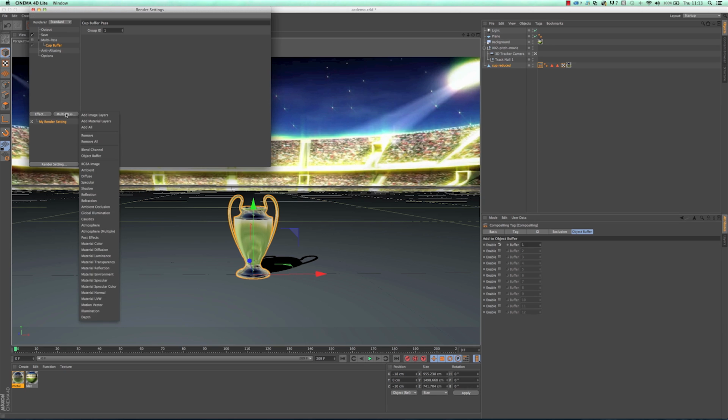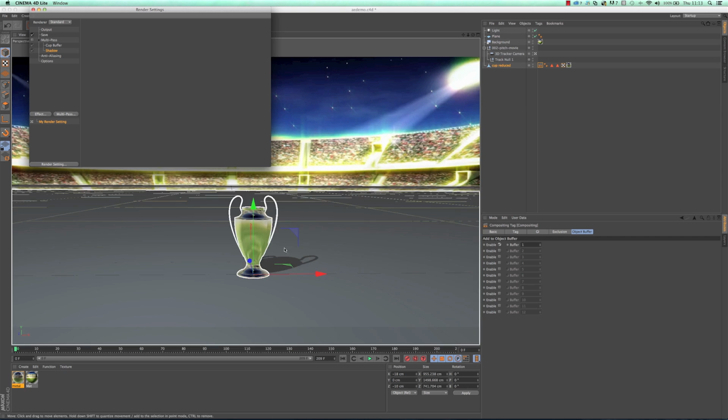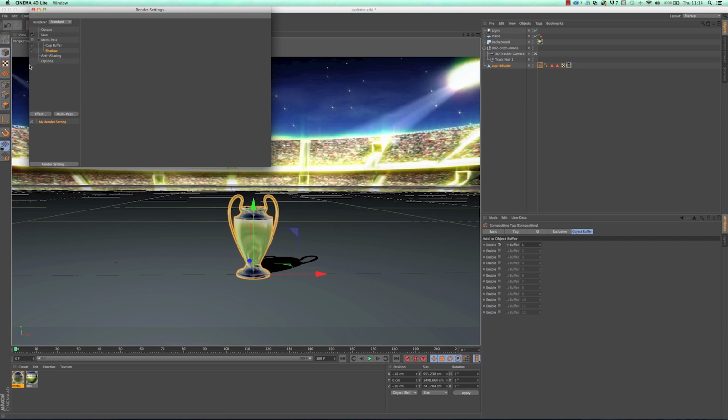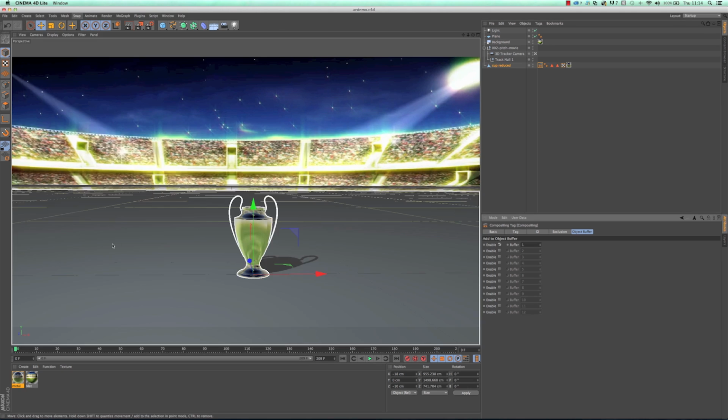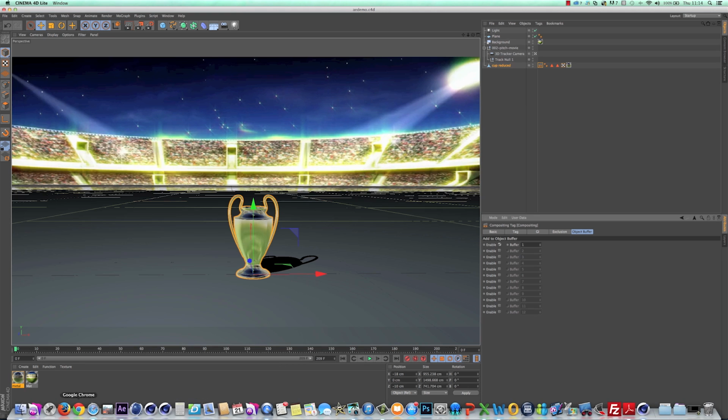The other one I'm going to add is a shadow layer, because certain things are quicker to manipulate inside After Effects, such as softening of shadows or changing how hard a shadow is, those sort of things. So I'm going to say give me that information on a separate layer. So once I've done that, I need to remember to hit save, so just Command S, and then we can have a look inside After Effects and then just set up things so it's working a little bit nicer.